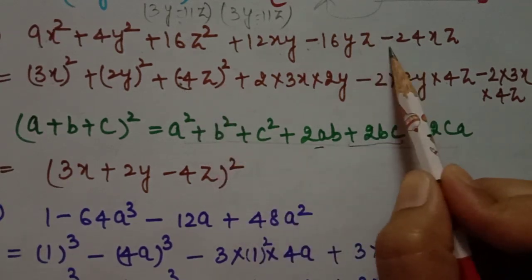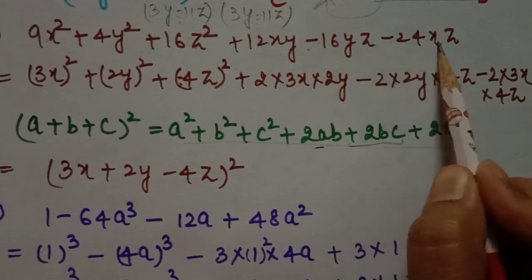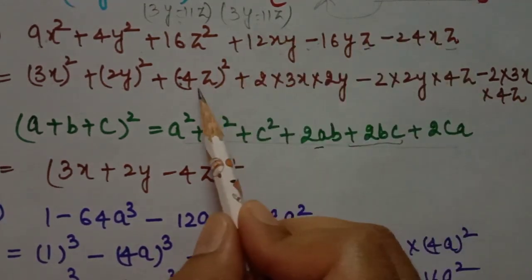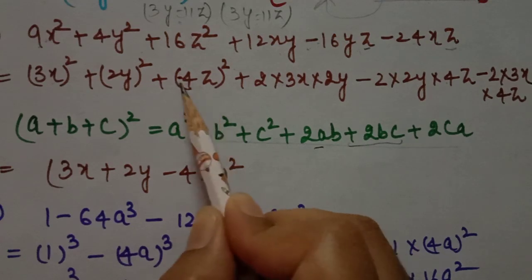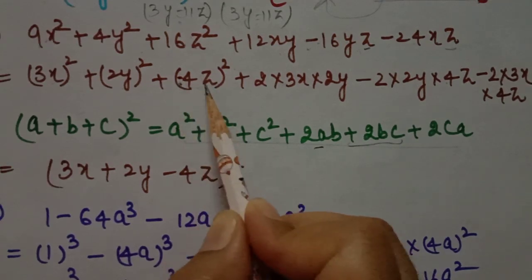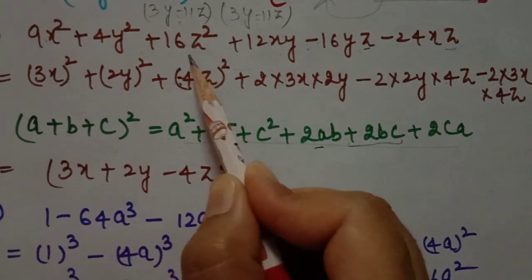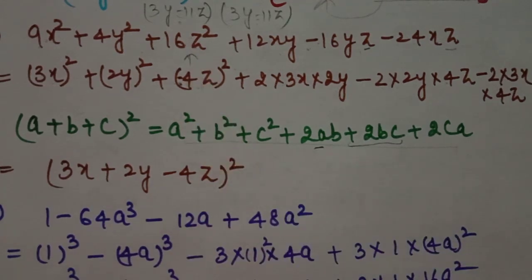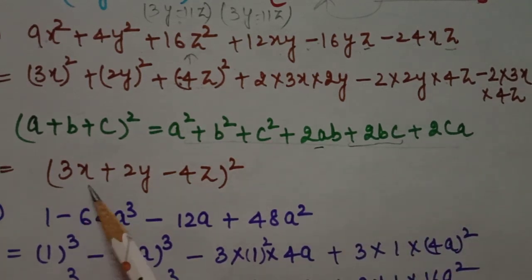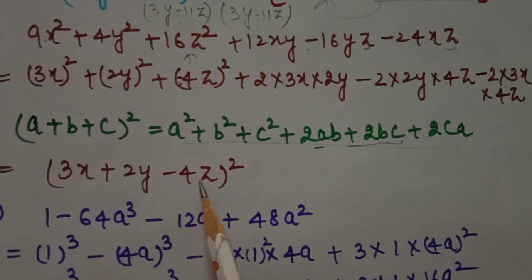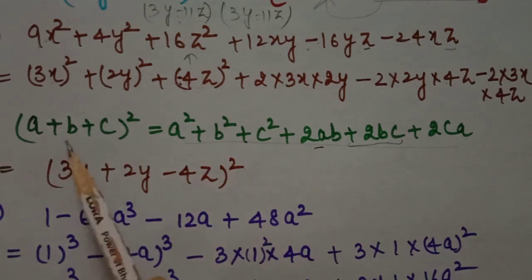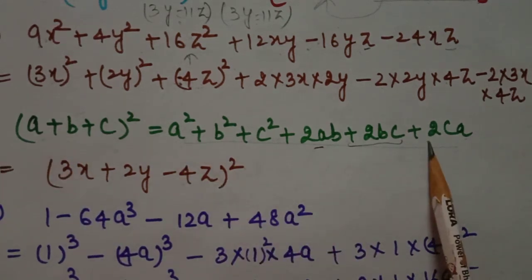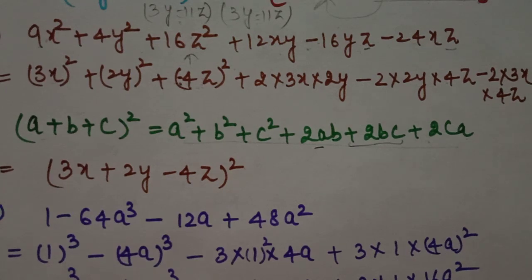And in the next term, a negative sign is also there. So what is common? Z is common in both. So definitely Z is a negative number, so we will put a negative sign here. When we solve the whole square of minus 4z, it becomes plus 16z square. So we will replace all the values, and we know the identity. Now we will close this identity, which is (a plus b plus c) whole square, where c is minus 4z. So students, are you paying attention or not? We have to write the identity in each and every question in which we are using it.